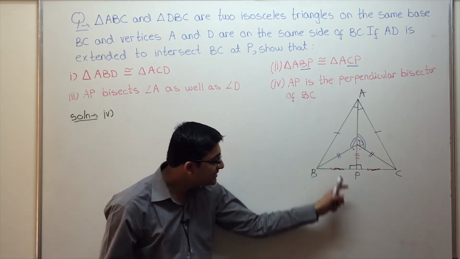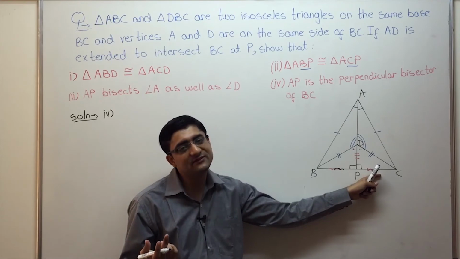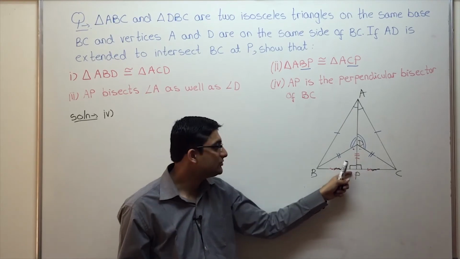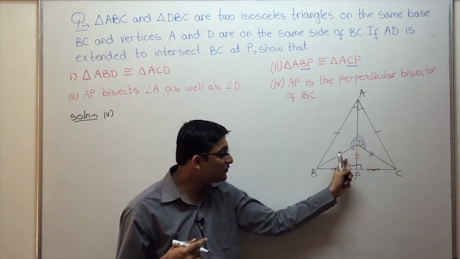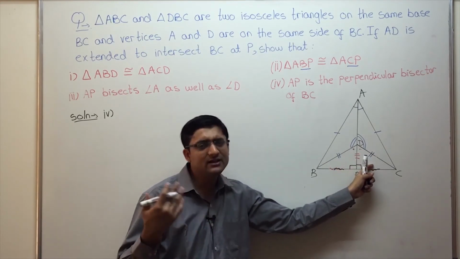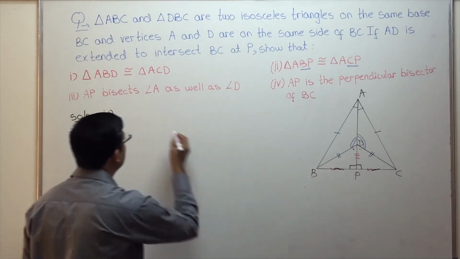So how do we do it? See, whenever you want to show two corresponding sides is equal, what do you do? Choose two triangles which have these sides, prove them to be congruent. So BP is part of this triangle, CP is part of this triangle. Now previously I just showed these two triangles to be congruent. Nevertheless, we'll do it once again. So we have to show these two triangles to be congruent. So take them once again.